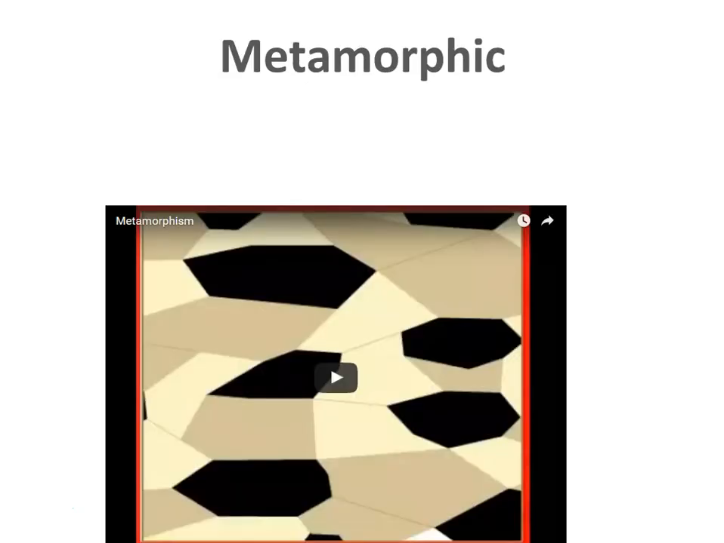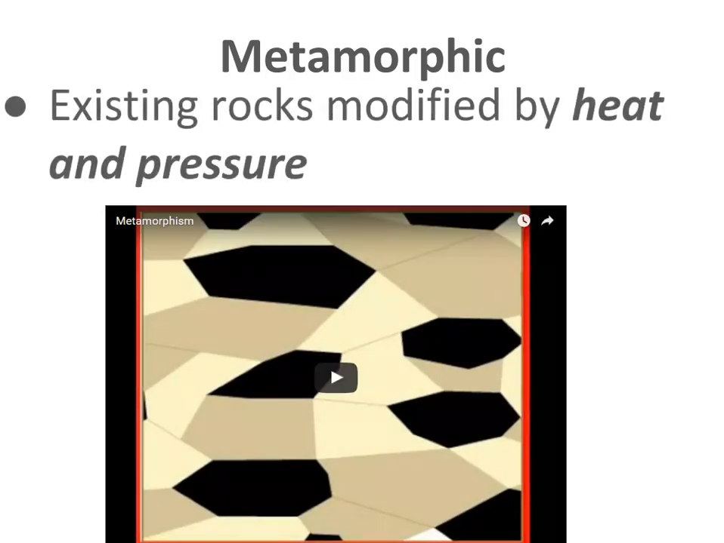And then the last one is metamorphic rocks, which is what we're talking about in this unit. So a metamorphic rock is an existing rock that's modified by heat and pressure. Remember, it's not too hot because then it melts and it goes down the igneous path. And if it's not hot enough, it'll remain a sedimentary rock. So it's that Goldilocks range for that,